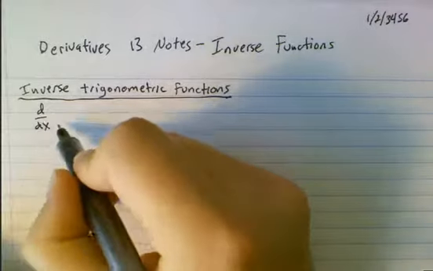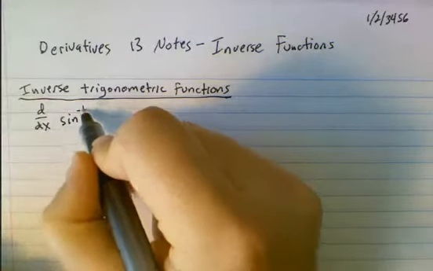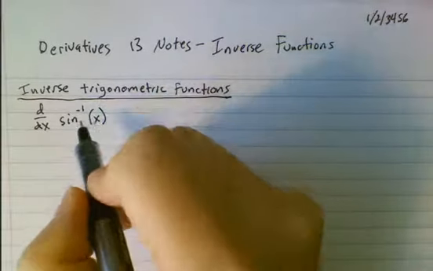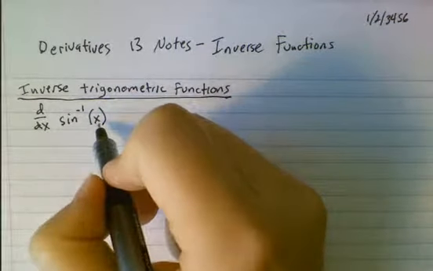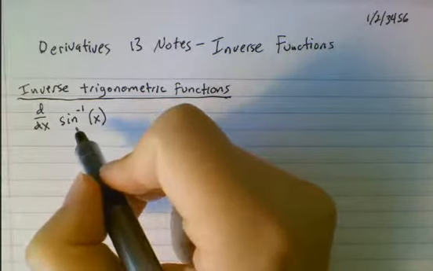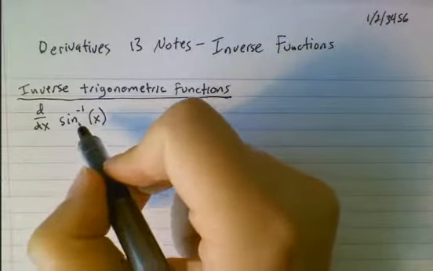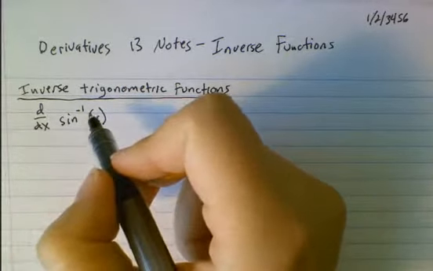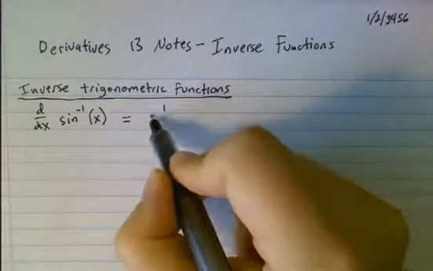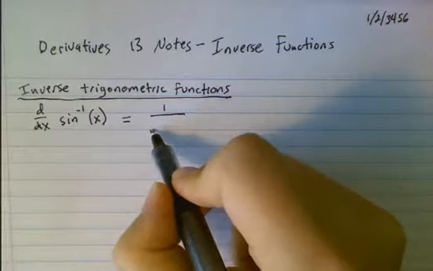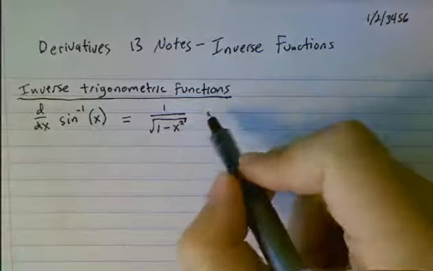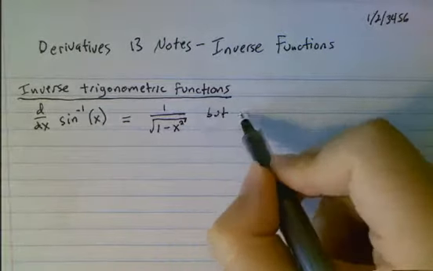The derivative of the inverse sine of x. And remember, inverse sine is just saying if we know what sine is, what angle is going to be associated with that sine. So it's just going the other way from taking the sine, cosine, and tangent. This has a very specific formula, 1 over the square root of 1 minus x squared. But this is only for